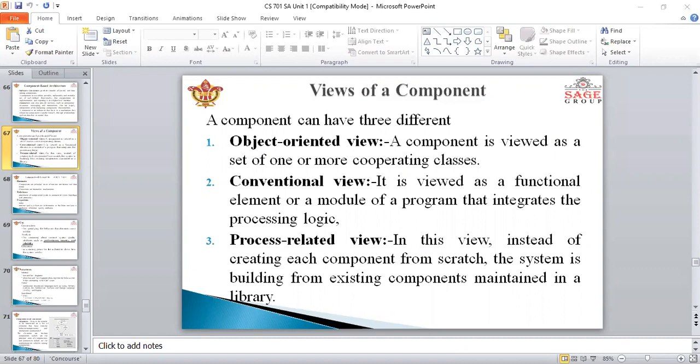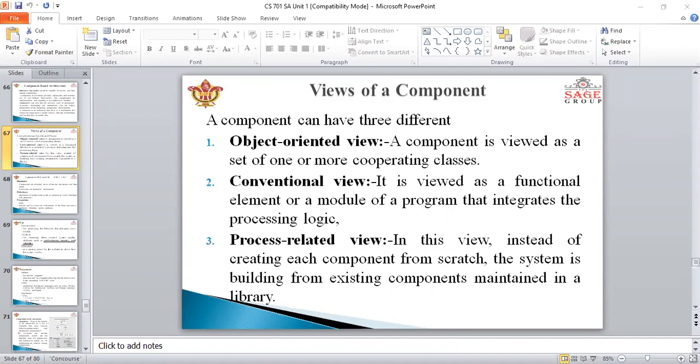The object oriented view is viewed as a set of one or more cooperating classes, and each domain class and interface class is elaborated to identify all attributes and operations that apply to its implementation, and it also involves defining the interfaces that enable classes to communicate and collaborate. So this is the object oriented view.